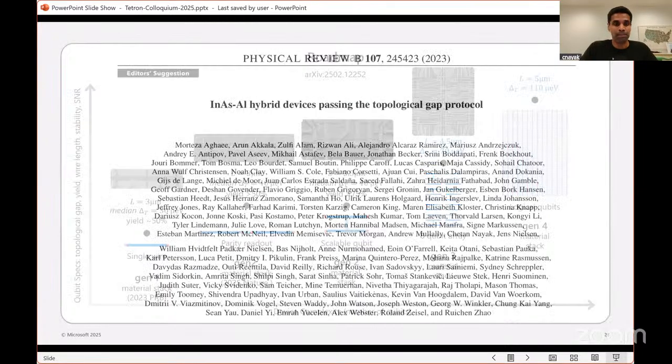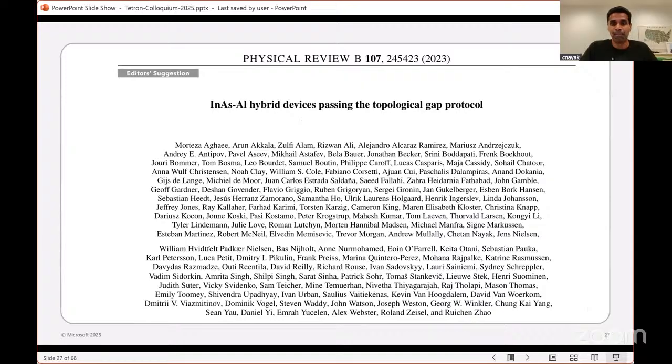So, let me take this opportunity to acknowledge the work of all of the co-authors on these papers. This is the 2023 paper that we published, where we had first seen the topological phase, or first passed the topological gap protocol, which gave us very high confidence that we were in the topological phase. And the reason there's a lot of co-authors on this paper is because